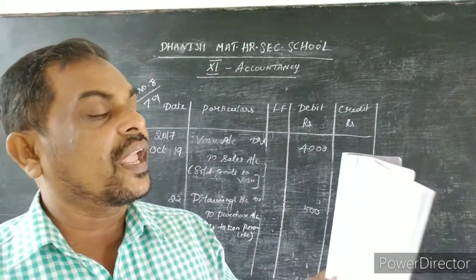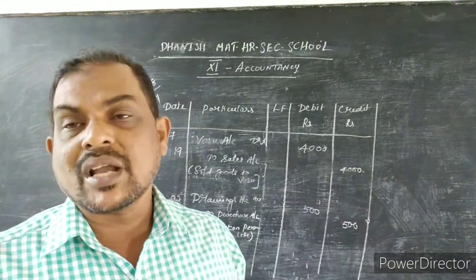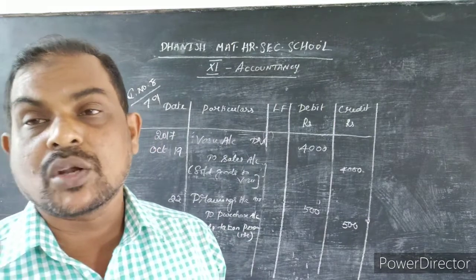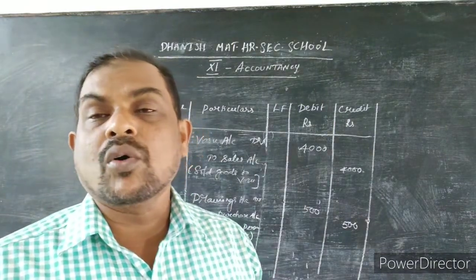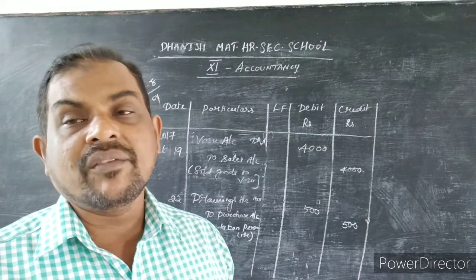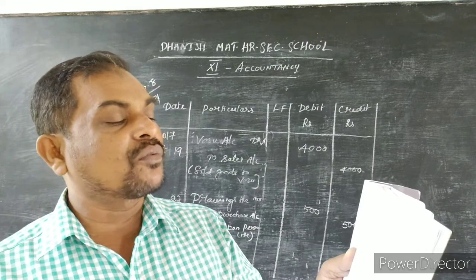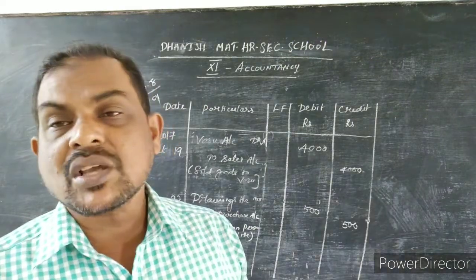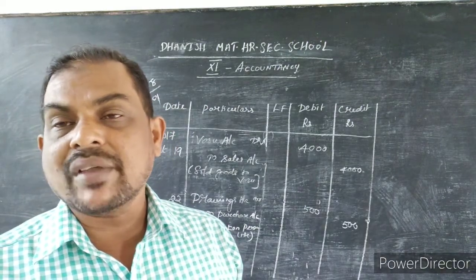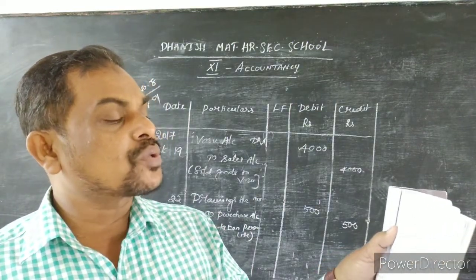What is the next journal entry? Purchase of furniture paid by check. So furniture account debit to bank. Furniture is the new account, so you put the next number, 4. Check, that is bank. Bank we have already numbered. So account 4 is over. Fifth account: purchase of goods for cash. Purchase account is a new one, so purchase account will be 5. Cash account is already numbered. Next, sold goods to Vasu.